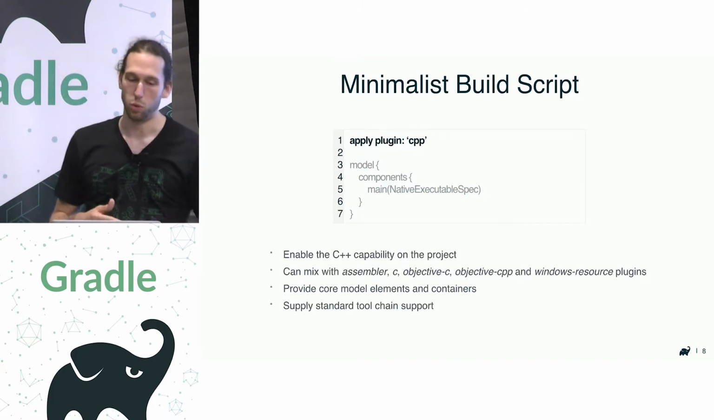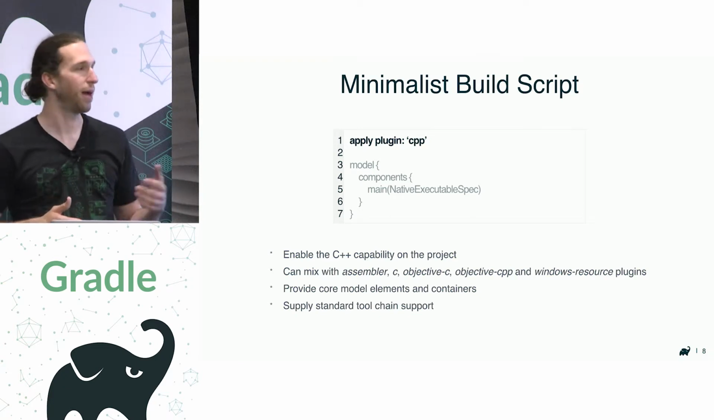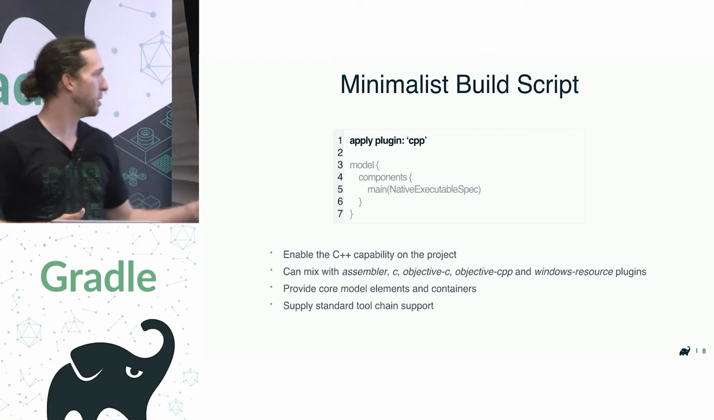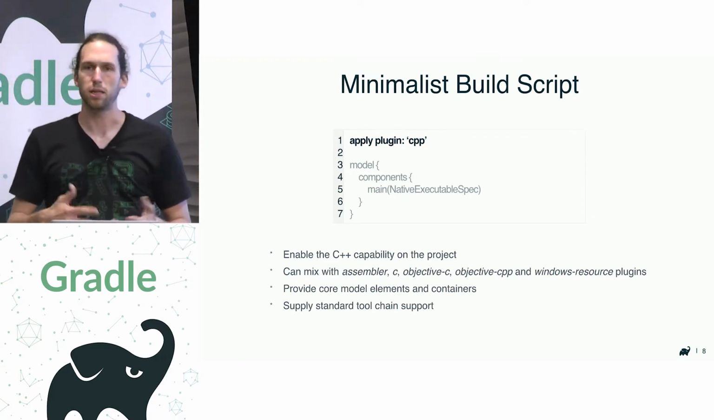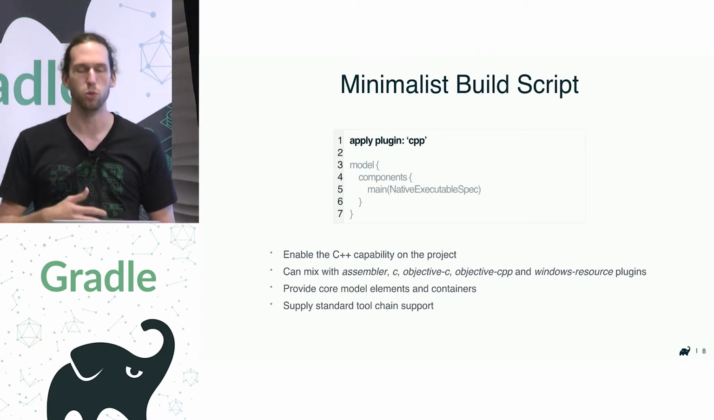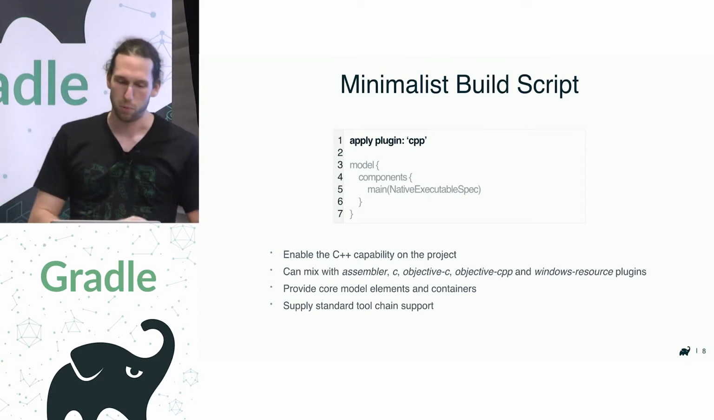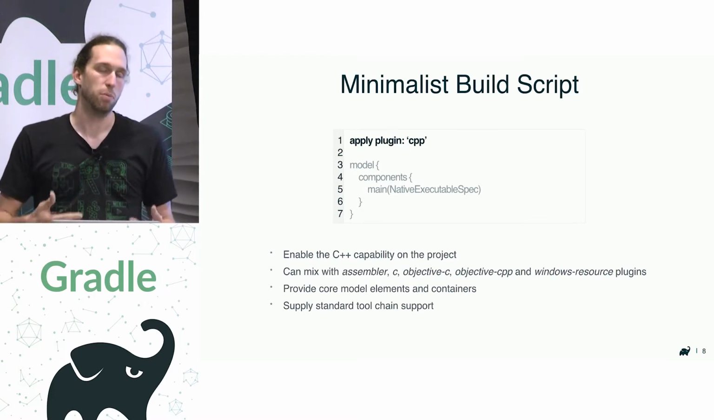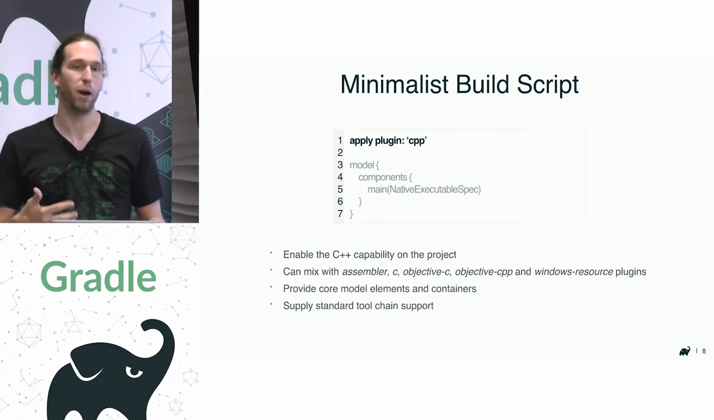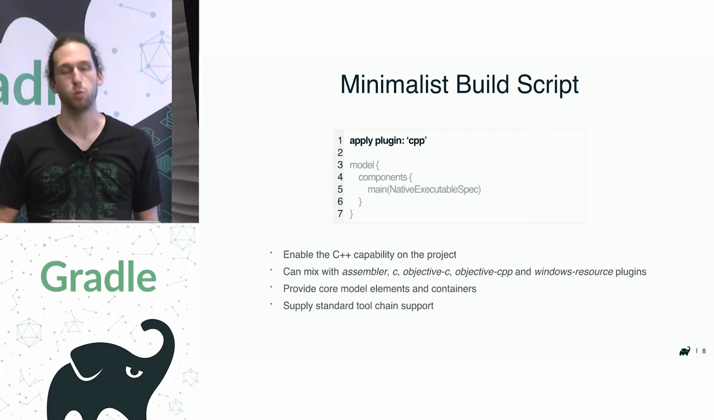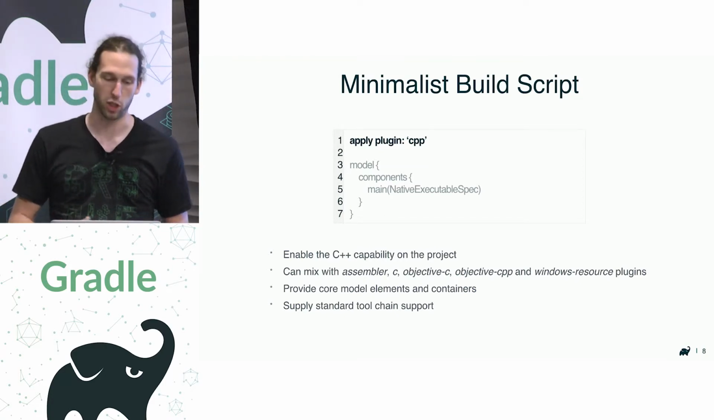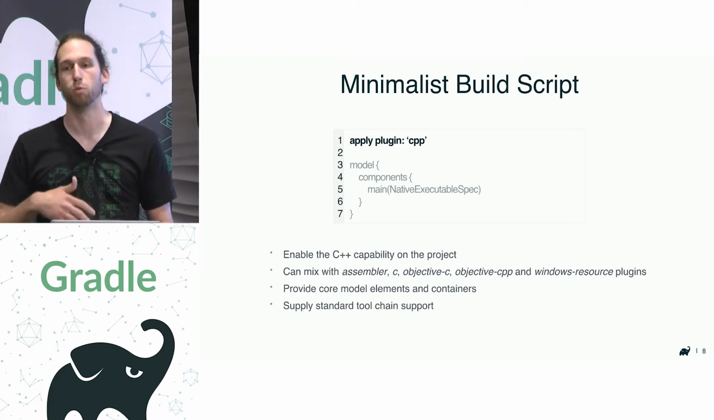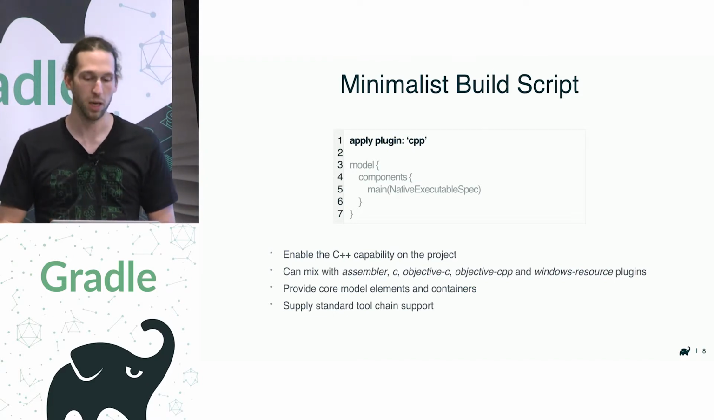The first thing we notice is the apply CPP plugin on the top. If you're familiar with Gradle, it's pretty familiar. It's the same thing as you would apply Java. The plugin will shape the project by adding capability to it. In this case, we're adding a C++ capability to the project, as well as some core native model element and